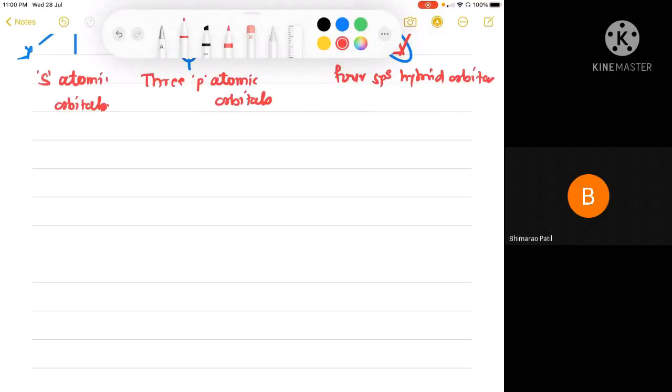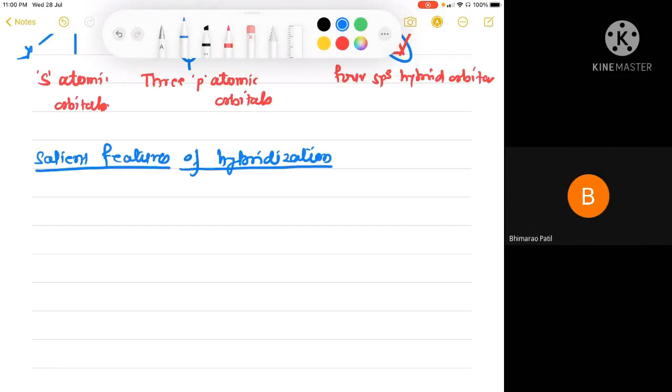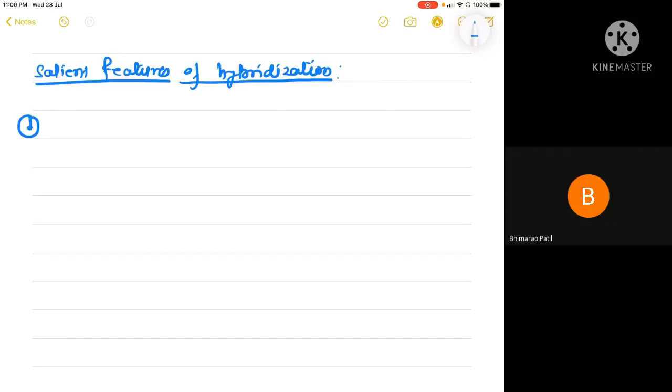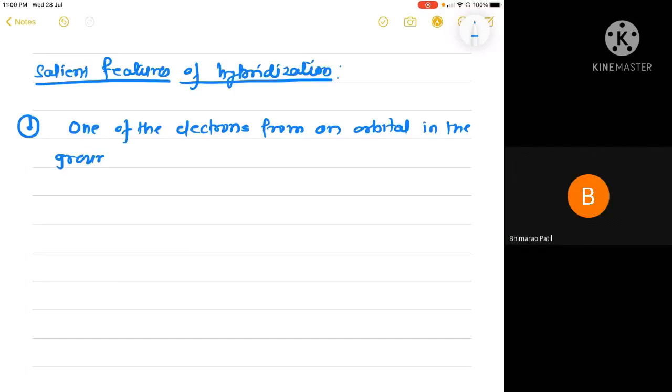Then, what are the salient features of hybridization? You know already. Salient features of hybridization. First one, an electron from an orbital in the ground state configuration of an atom gets promoted